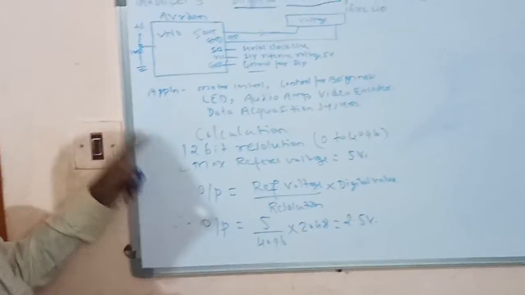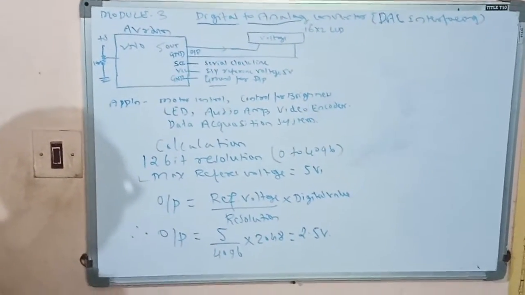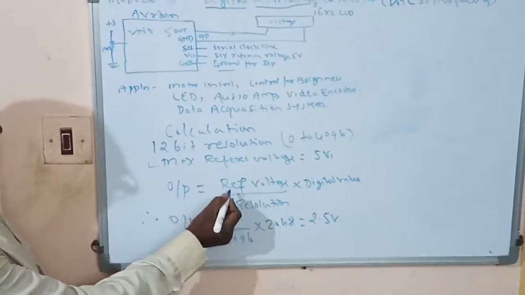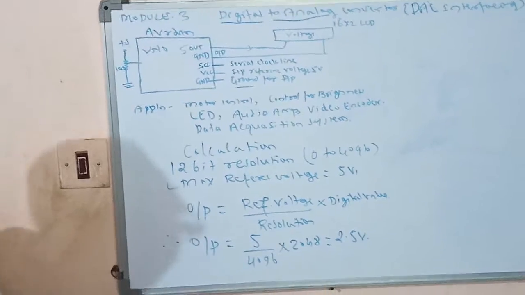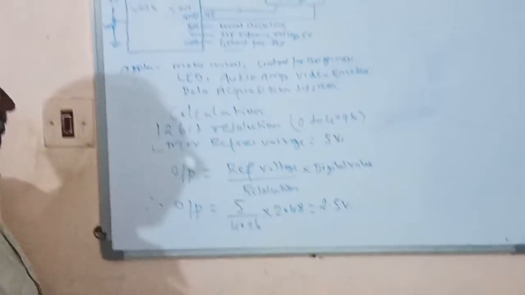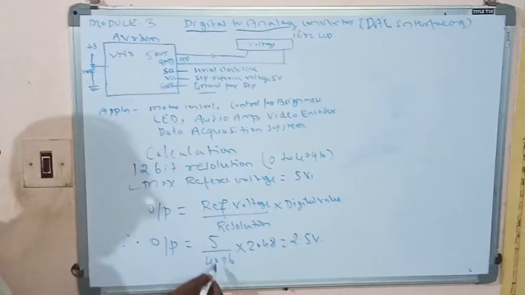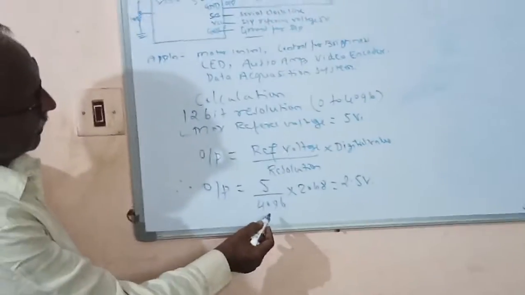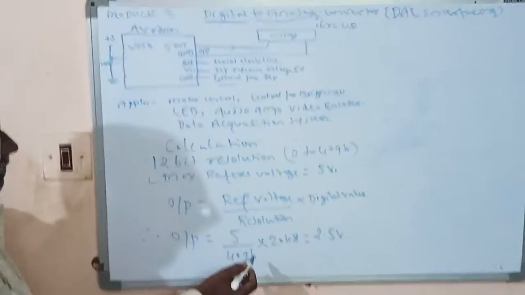Then these are most important for calculating the output, how much voltage you will get. So output voltage can be calculated as reference voltage divided by resolution into digital values. Put the digital values maximum, reference voltage we are selecting plus 5 volts divided by resolution 4096 is the resolution, and